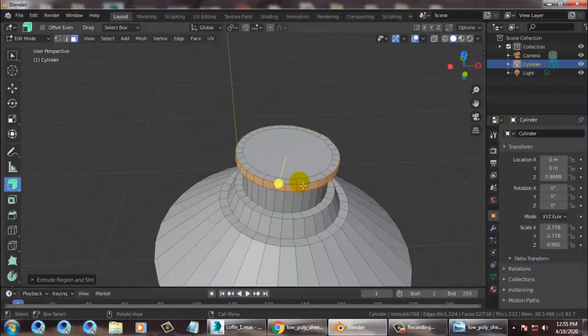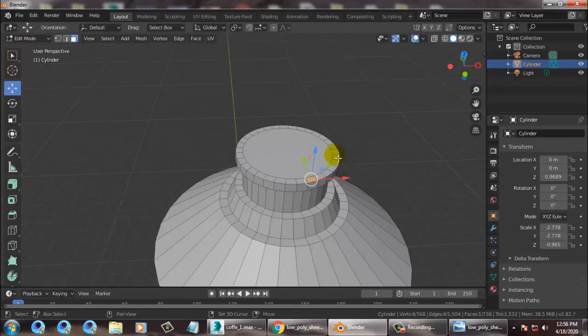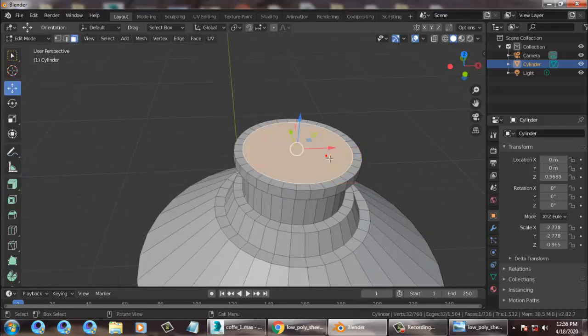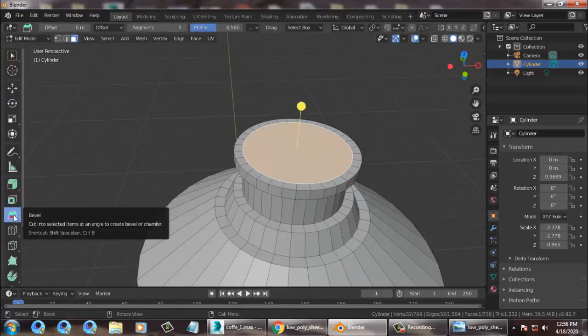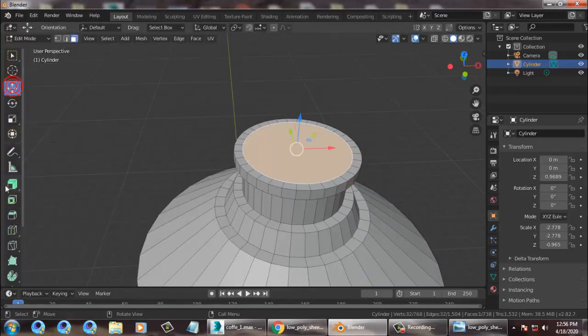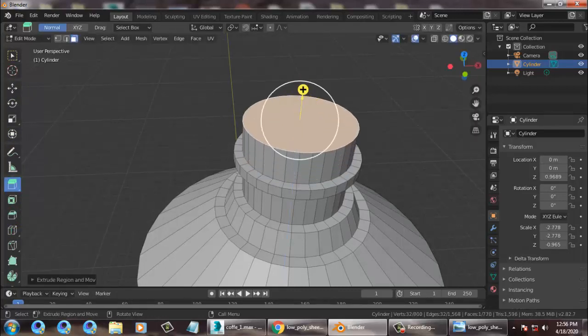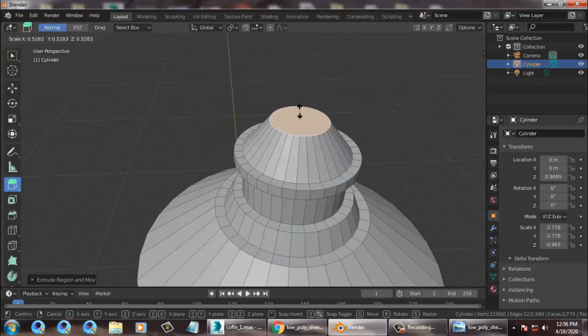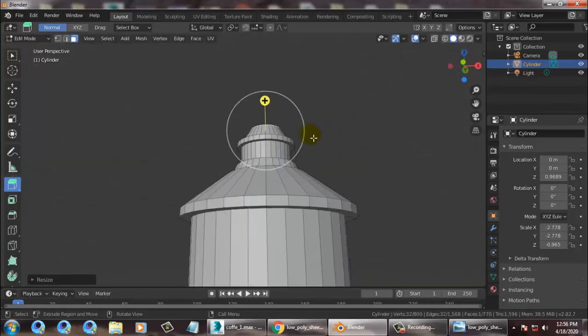So now again let's go back, select this and just extrude it. Extrude this region up, press S and just scale it. That's it. Alright.